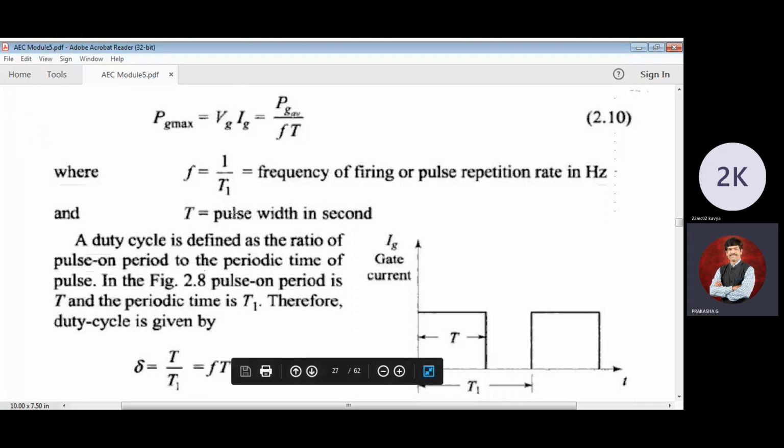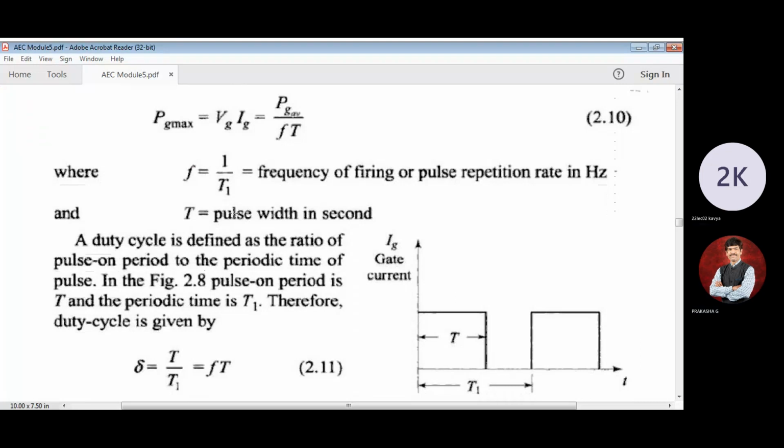Usually they ask duty cycle. What is duty cycle? Very simple. T on time divided by the overall time. That is duty cycle. You have to calculate the duty cycle of any one. What is the on time? What is the overall time? To say it simply,